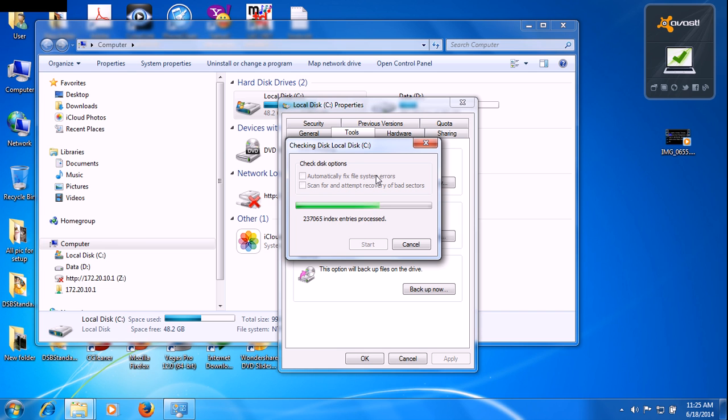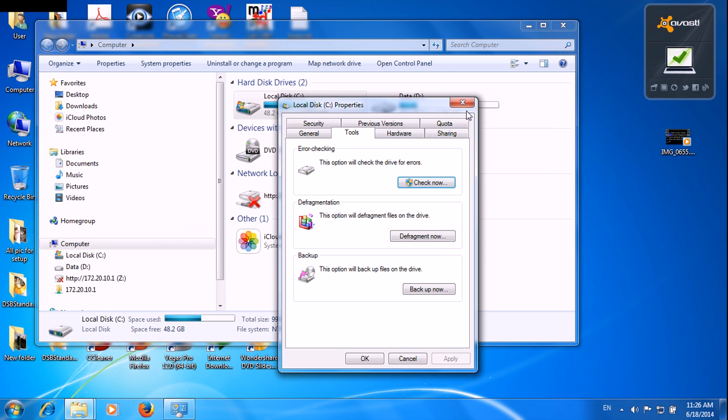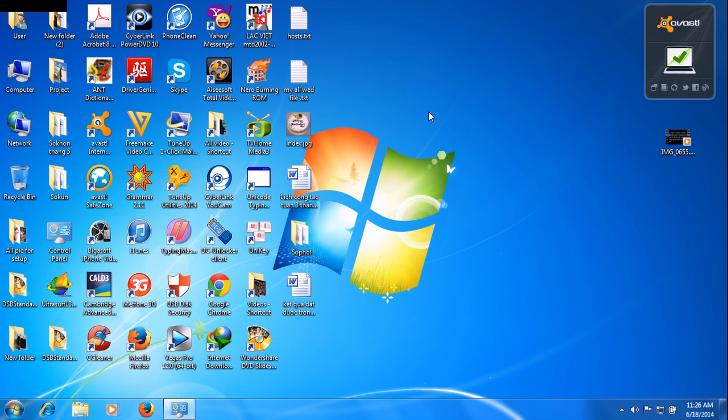So for my computer maybe it is faster. Yes, already.